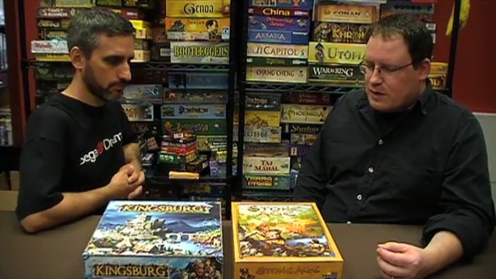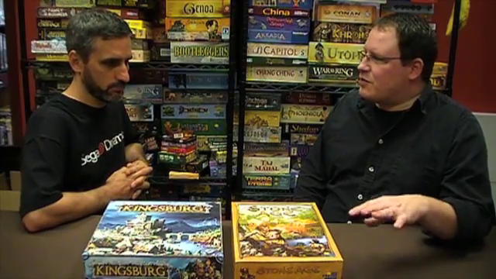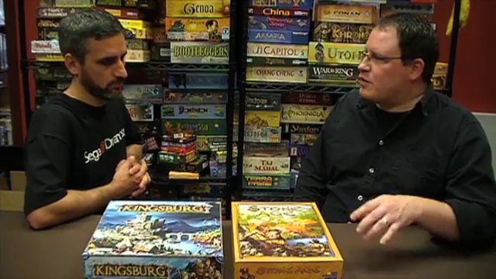But with Stone Age, I found one of the things that balances it out is you go for these cards which have an end scoring bonus. Mm-hmm. Whereas in Kingsburg, you know who's going to win, especially by the last round. You're pretty sure who's going to win because there's no real catch-up thing. But Stone Age has a hidden scoring at the end, which...